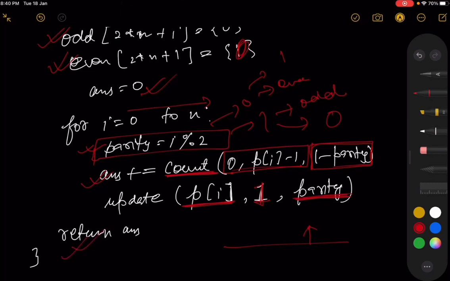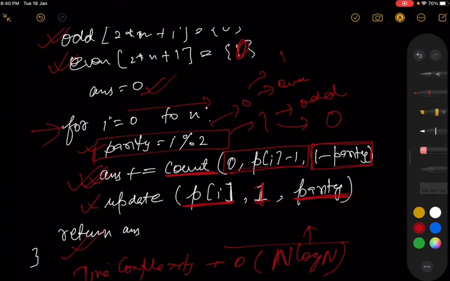Okay, so the time complexity of this solution will be order of n log n. Why? Because we are just iterating for i equal to 0 to n and counting and updating things. So counting and updating using segment tree usually takes order of log n time, and the space complexity of this will be also order of n,